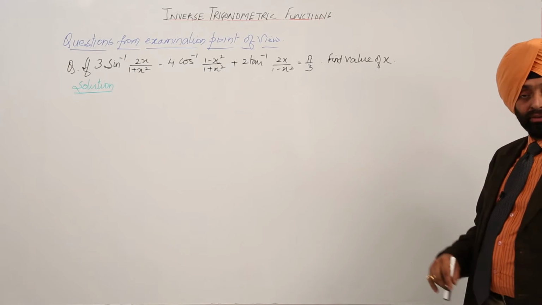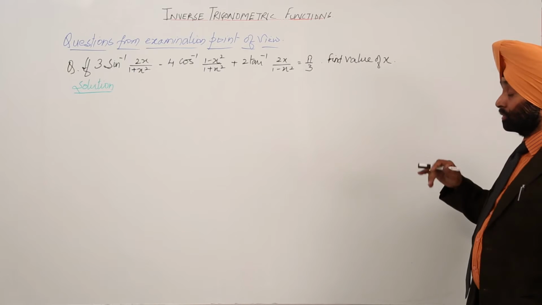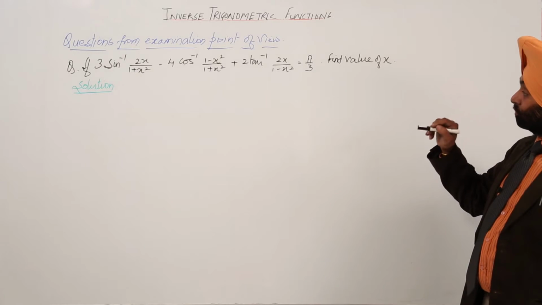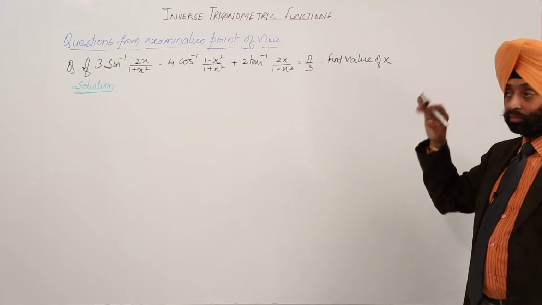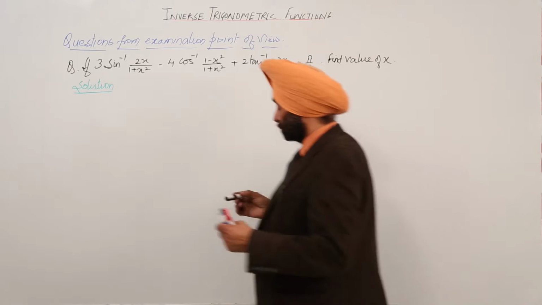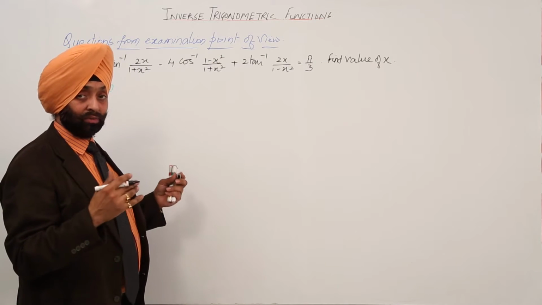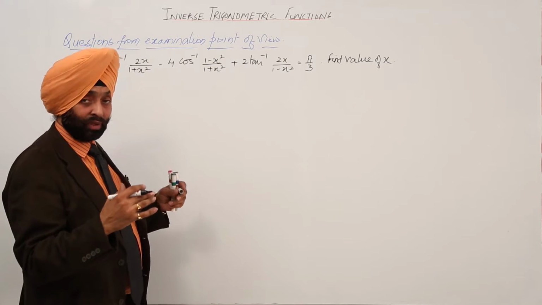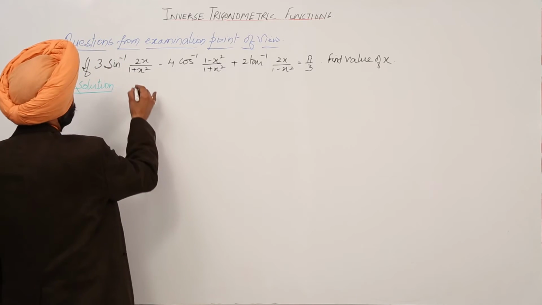We are having again a very good question, a real HOT type of question. Now we have to find the value of x when the left hand side is equal to pi by 3. Okay, so now let's start, and then we are going to check whether it is easy or difficult, or exactly what are the things to learn in the question. Okay, now putting